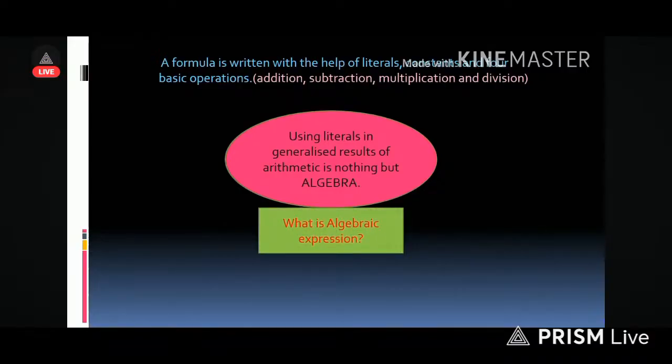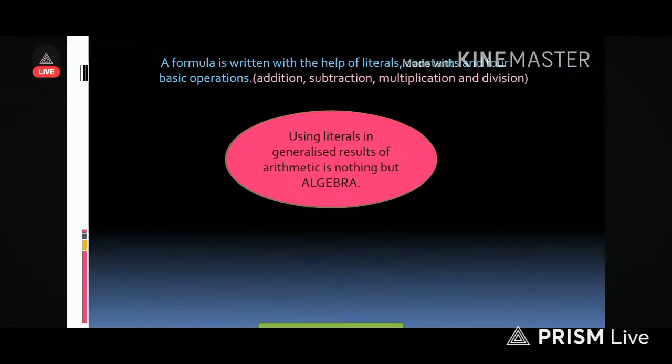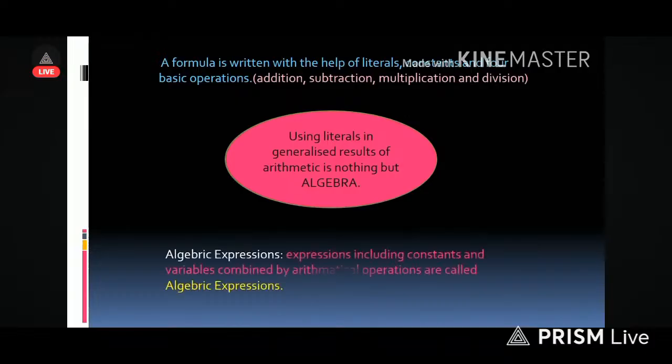Now what is an algebraic expression? Algebraic expressions including constants and variables combined by arithmetical operations are called algebraic expressions. अभी मैं आपको इसके आगे एग्जांपल्स बताऊंगी. तो ऐसी एक्सप्रेशंस जिनमें कांस्टेंट भी होते हैं, वेरिएबल्स भी होते हैं और जिन्हें हम अरिथमेटिकल ऑपरेशंस के साथ कंबाइन करते हैं, तो वो